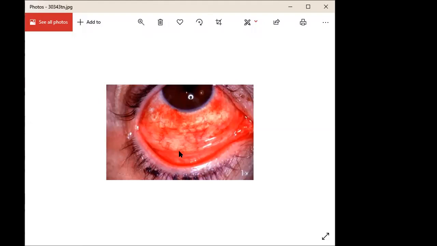So what you see in adenovirus conjunctivitis: it is called epidemic keratoconjunctivitis. Why is it called keratoconjunctivitis? It affects the conjunctiva along with the cornea. Both cornea and conjunctiva are affected at the same time. But in trachoma, first the conjunctiva is affected, then in a progressive stage the cornea may or may not be affected. In viral keratoconjunctivitis, both are usually affected at the same time, right?